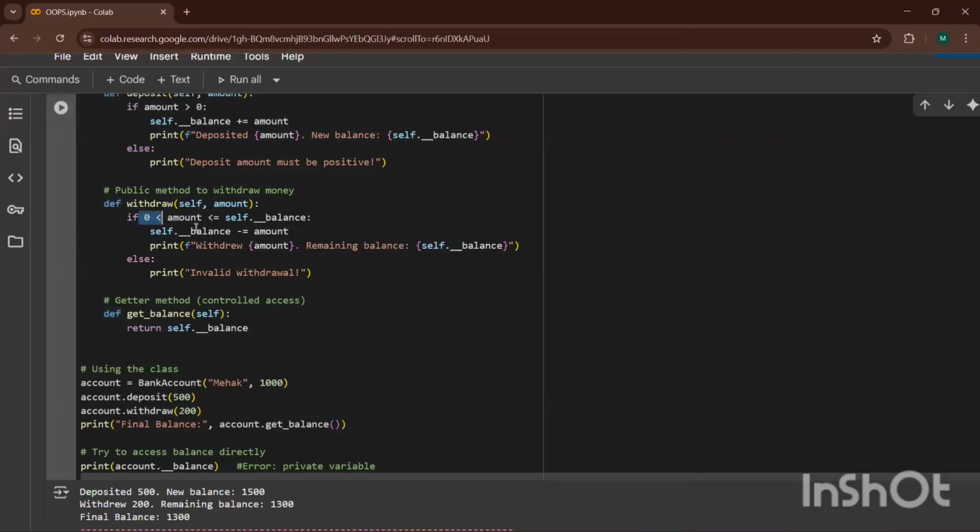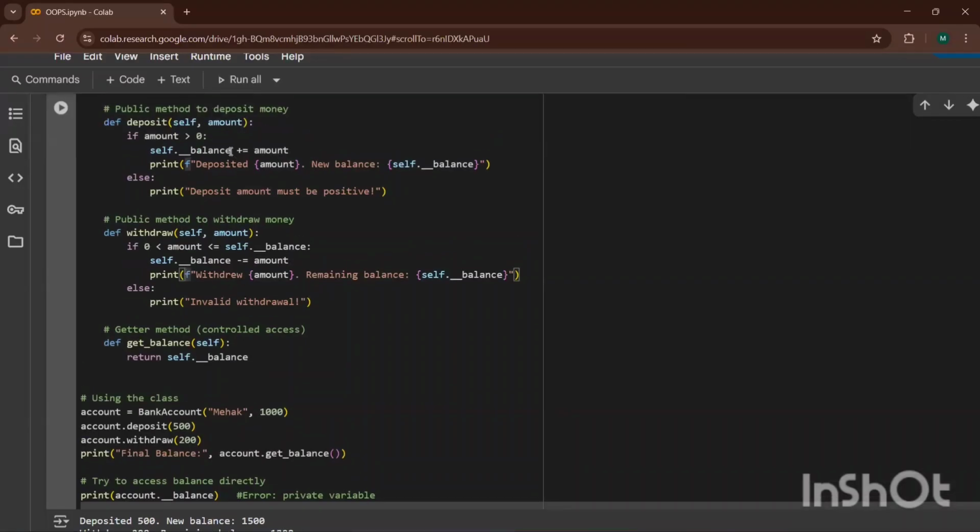This time, if amount is greater than 0 and less than or equal to self dot balance, which is now changed, then only you are going to deduct that specific amount from the balance.